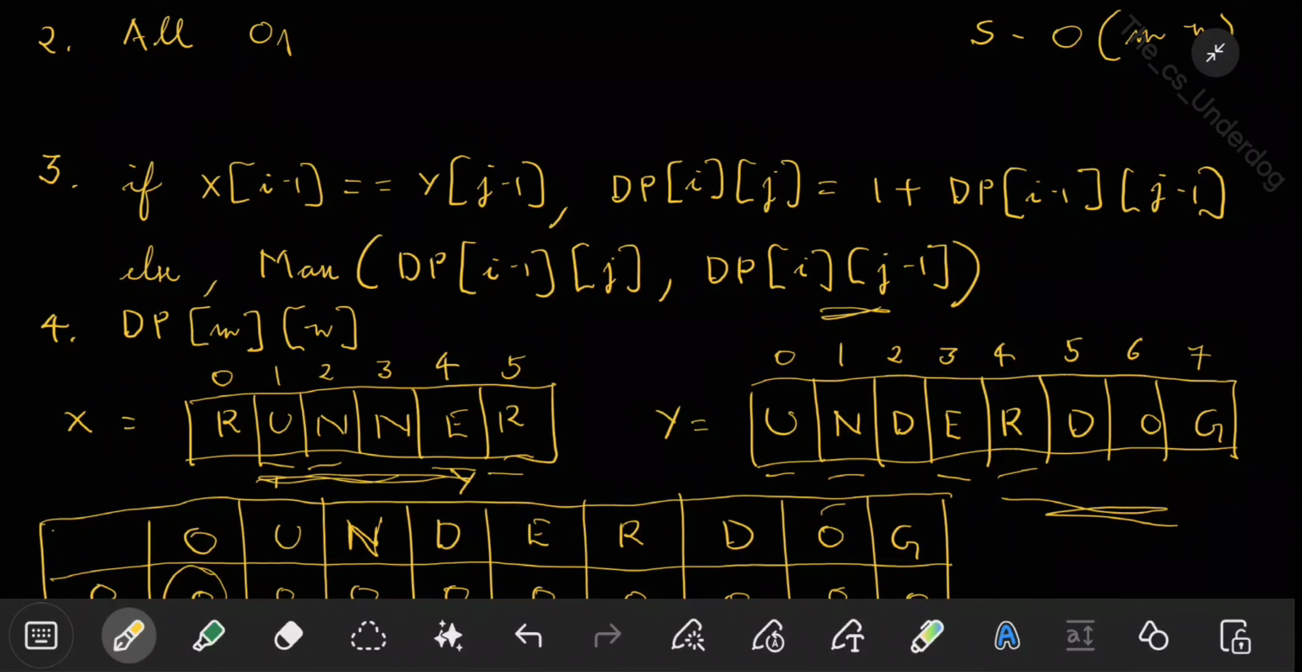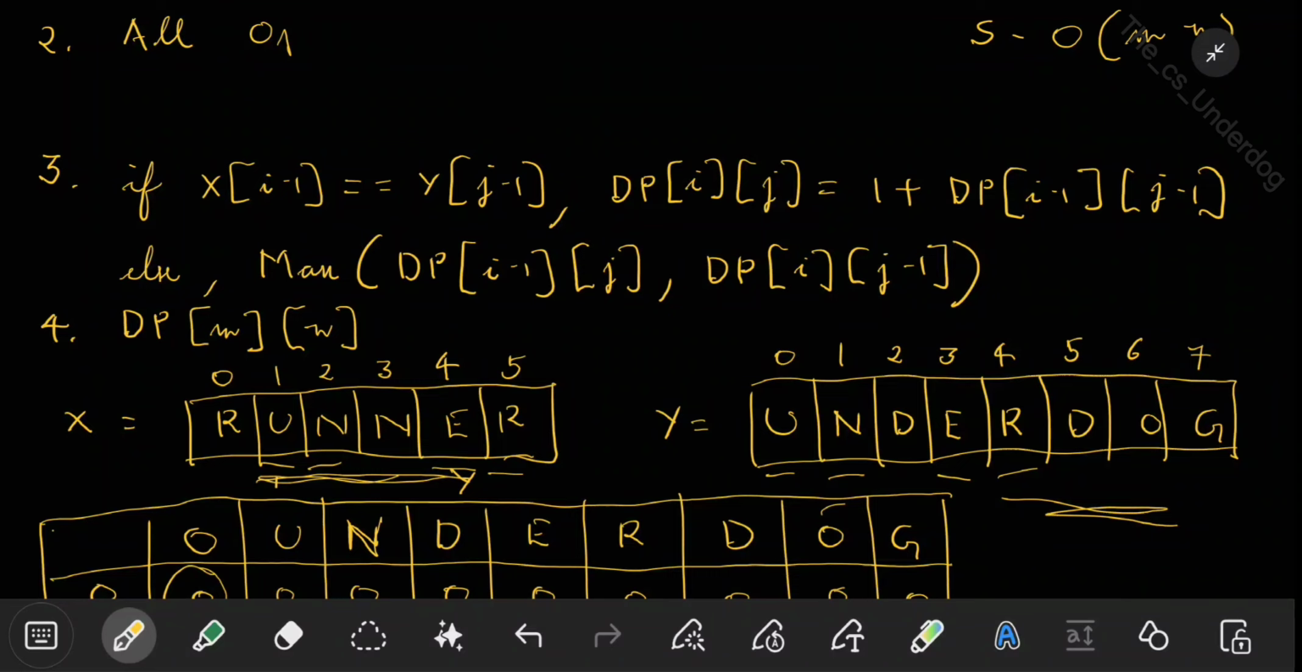That is, whenever the values xi minus 1 and yj minus 1 match, what did you do? You tried to make it 1 plus the diagonal element. And if it doesn't match, among the element on the left and the element on top, whichever is smaller, that is what you choose. So in order to rewrite this, first thing is you have to make sure that previously